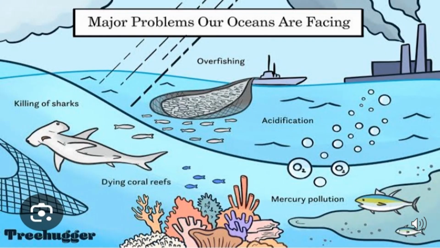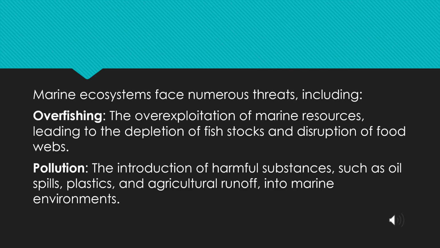Major problems our oceans are facing. First one is overfishing and acidification. Third one, mercury pollution, dying coral reefs and killing of sharks. First threat is overfishing. The overexploitation of marine resources leading to the depletion of fish stocks and the disruption of food webs, and